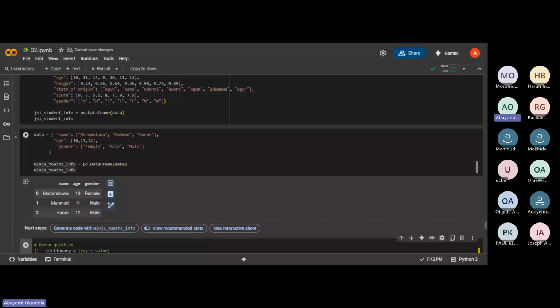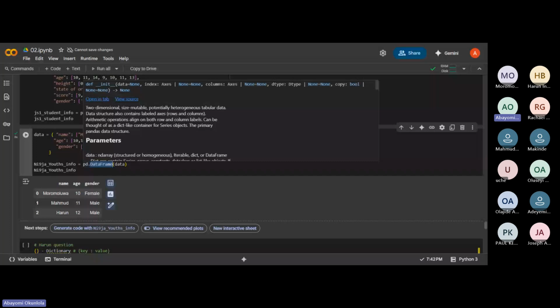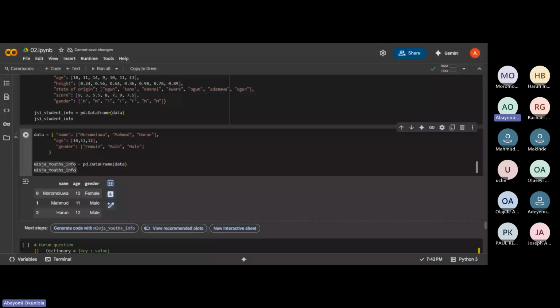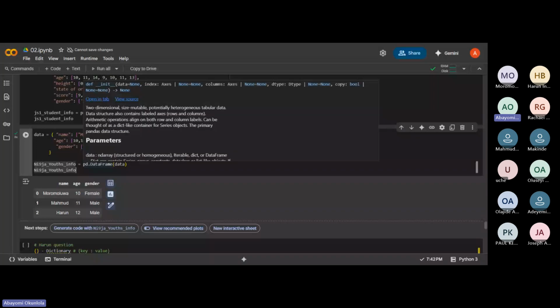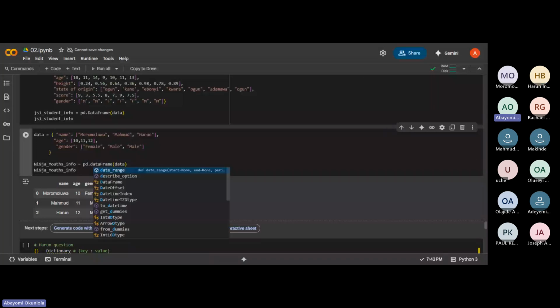Now what we do is we call the Pandas library, and then we call the DataFrame function. So please note the DataFrame, D in capital letter, then you have your small letters ata, then F in capital letter. If I do it the other way around, these are very, very important.